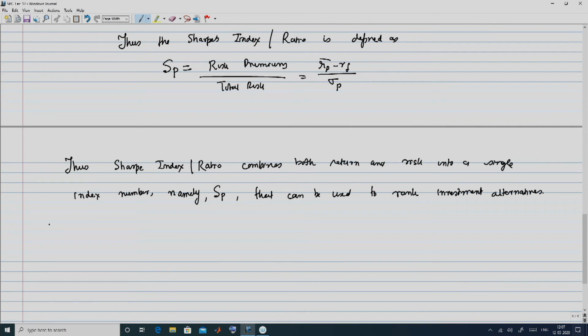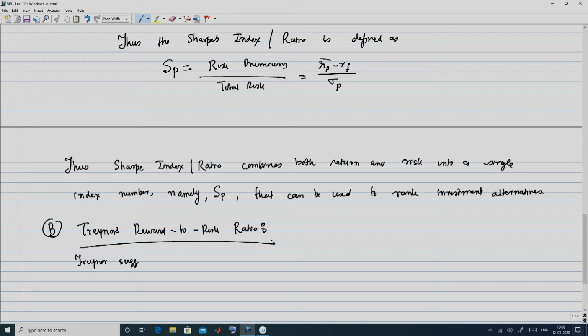So, now let us move on to the next index due to Treynor. So, this is Treynor's reward to risk ratio. What Treynor did was he suggested regressing the holding period return, recall that this was HPR, from mutual funds